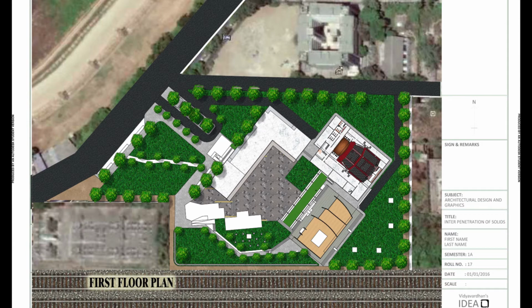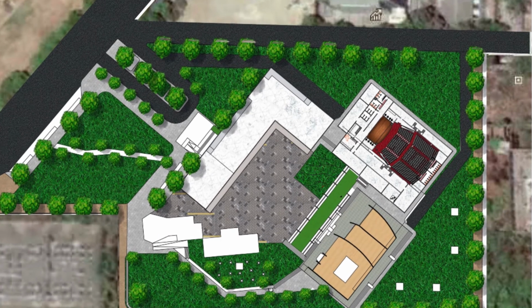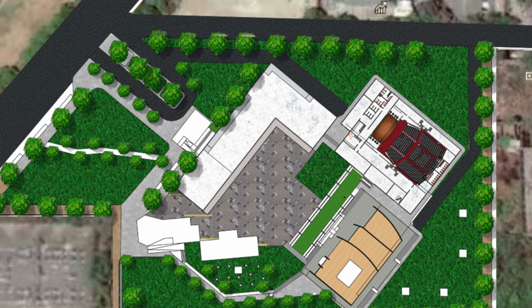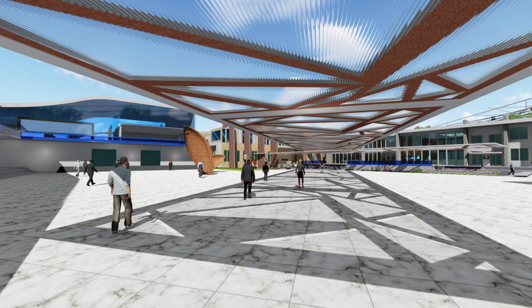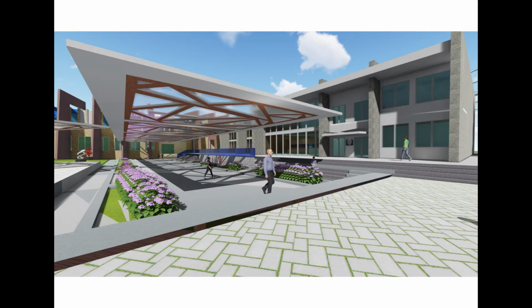Mostly the temporary galleries are open to sky because sometimes there are huge models or sculptures, so the space inside the art gallery is not sufficient for the artifacts, and open-to-sky galleries are preferred. During the rainy season, a semi-covered passage is given to protect from rainfall. The semi-covered passage goes to the library and auditorium at ground level. The semi-covered area can also act as a shading device in summer and winter.